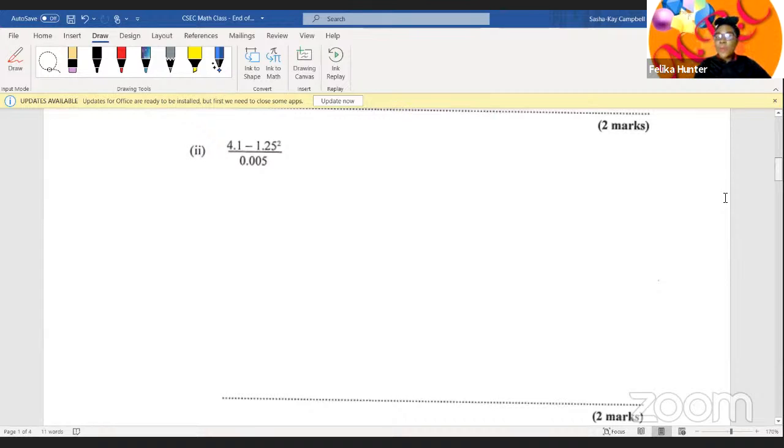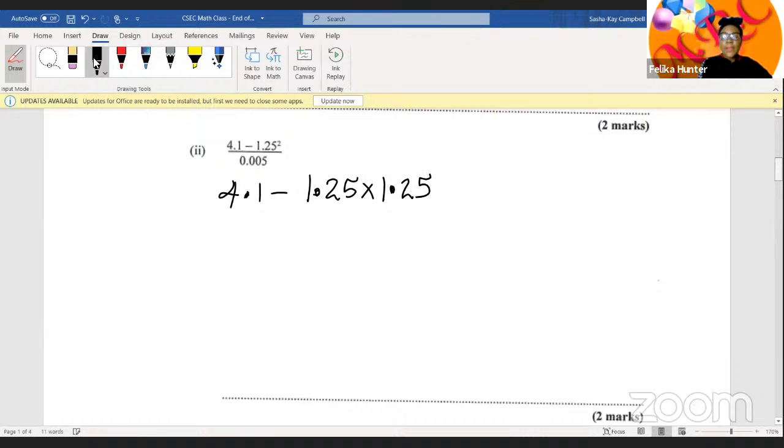So here we have 1.25 squared. So we know we'll be multiplying 1.25 times 1.25. So let's just write it out a bit. So we have 4.1 minus 1.25 times 1.25, all divided by